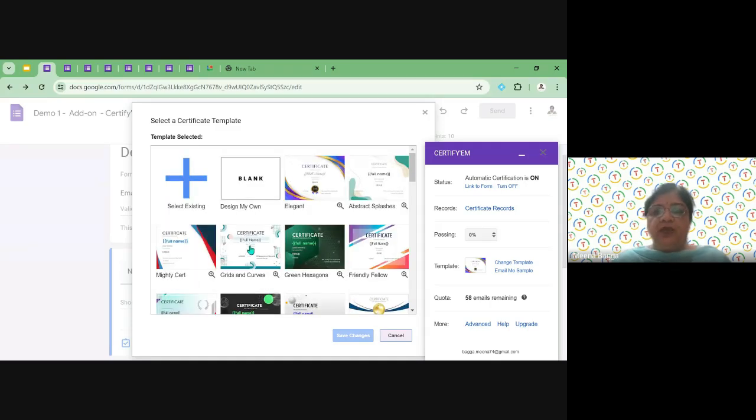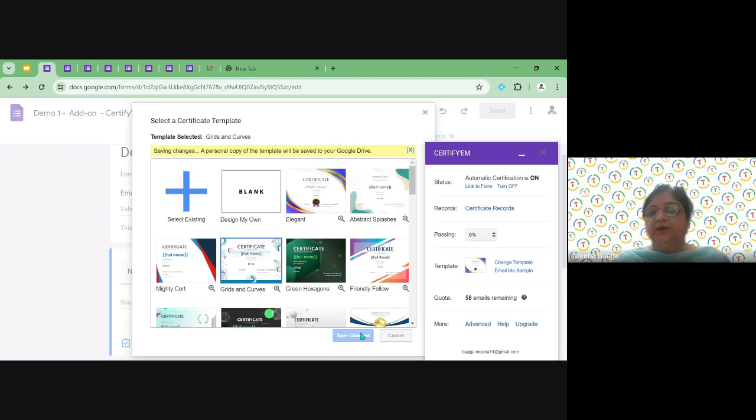But you can see if you create your own certificate on the slides, you have to put the data you want to use in double braces, just like here. Save the changes. You can design at your own also, but right now we are using the templates.